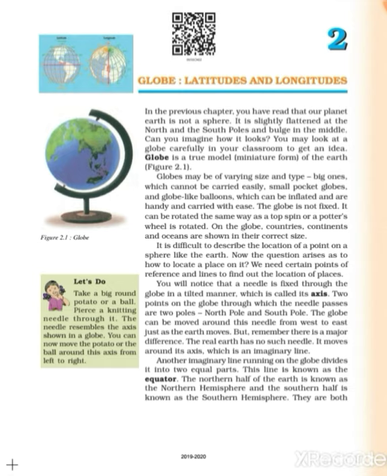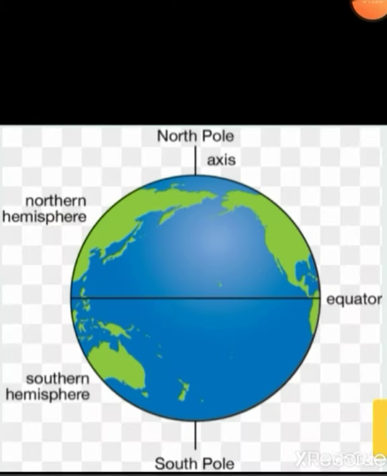The next turn comes of equator. Students, equator is an imaginary line that divides the earth into two equal halves, that is northern hemisphere and southern hemisphere. Here you can see how the equator is dividing the earth into two equal halves. You can see northern hemisphere and southern also. Here one more representation has been done of north pole and south pole. Students, both the poles are at the angle of 90 degrees, right? So both the poles have the angle 90 degrees.